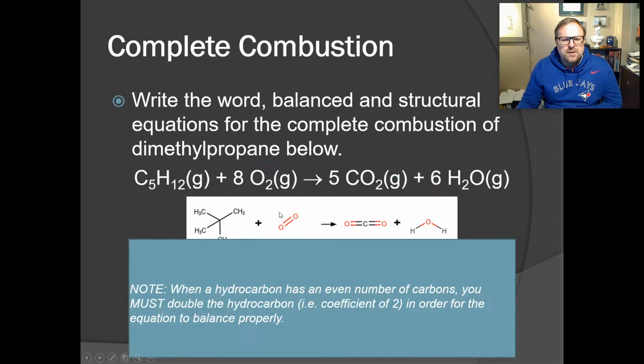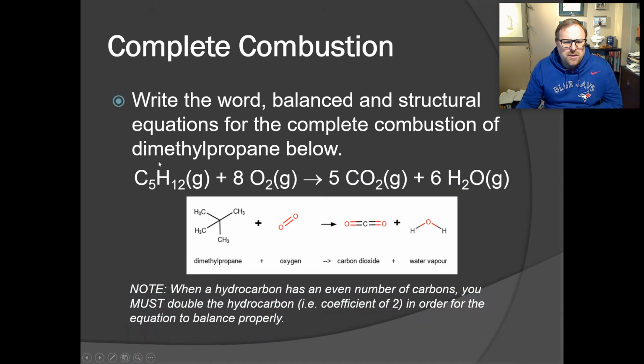So this is what you should have come up with. So dimethylpropane, here's our chemical formula for dimethylpropane. This is a funny one because there's only one thing that can be dimethylpropane, right? You've got a 3-carbon compound, with 2 methyls coming off of it. So this is dimethylpropane, reacting with oxygen, so that's what oxygen is going to look like, to produce carbon dioxide